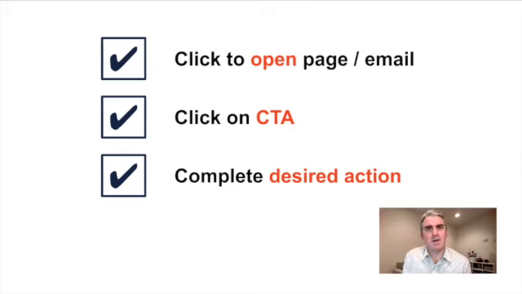Would you click on this? Today we're going to be looking at an outreach email that I received recently. Now, a click path consists of three separate actions. One is a click that's going to bring you to the page or email. The second is usually a call to action that's on the page or in the email. And then the third is the follow-on desired action that you want me to take once I exit that page